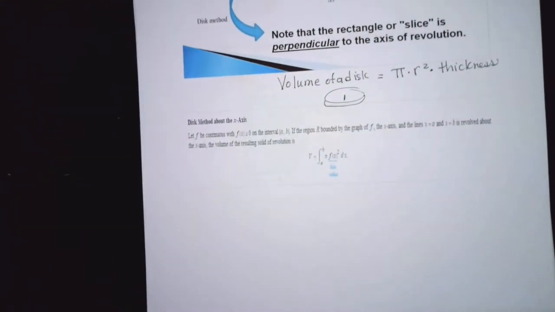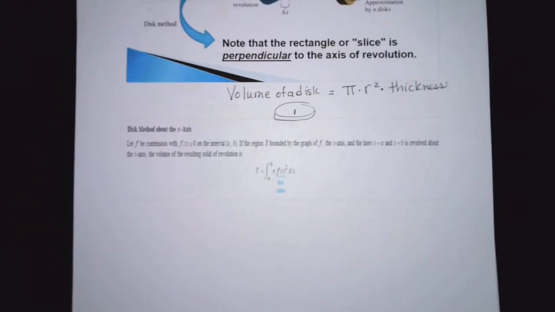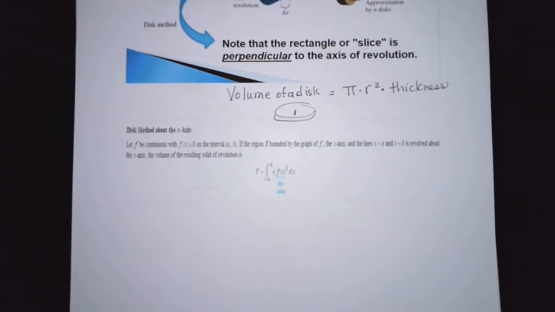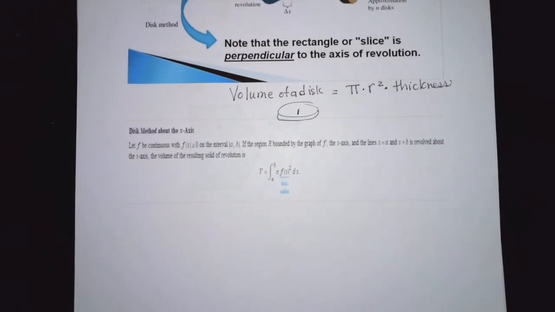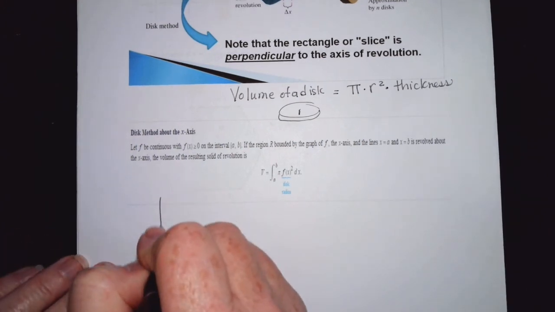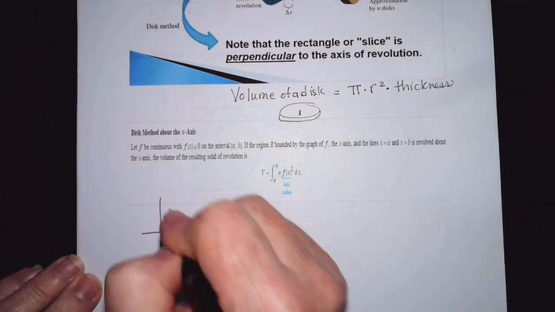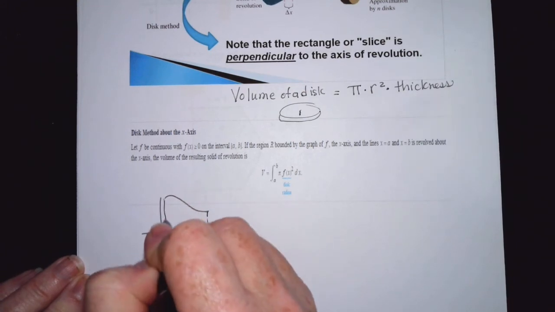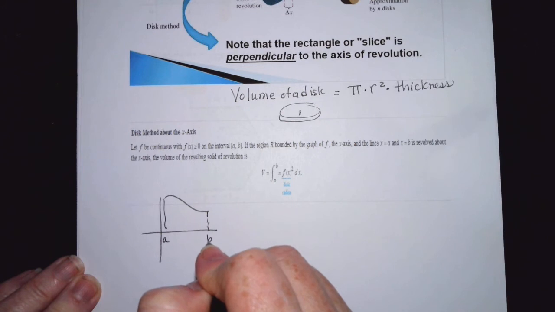And so specifically in volumes of revolution, sorry, that's a little bit small there. Let me zoom in a little bit. I am going to refocus, so it may take just a second. If you have a nice continuous function, now this one is defined to be a function of x on the interval from a to b,